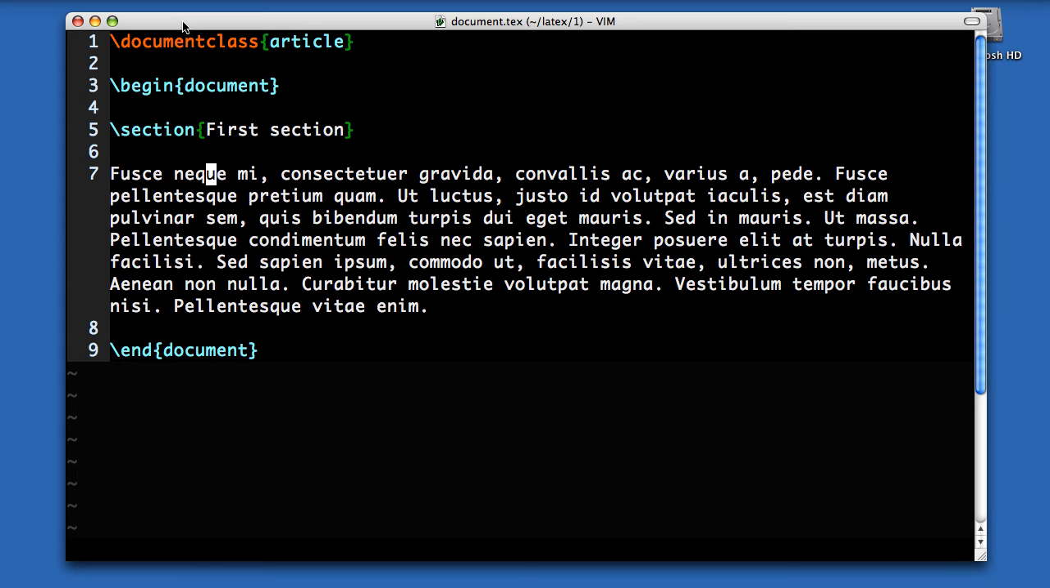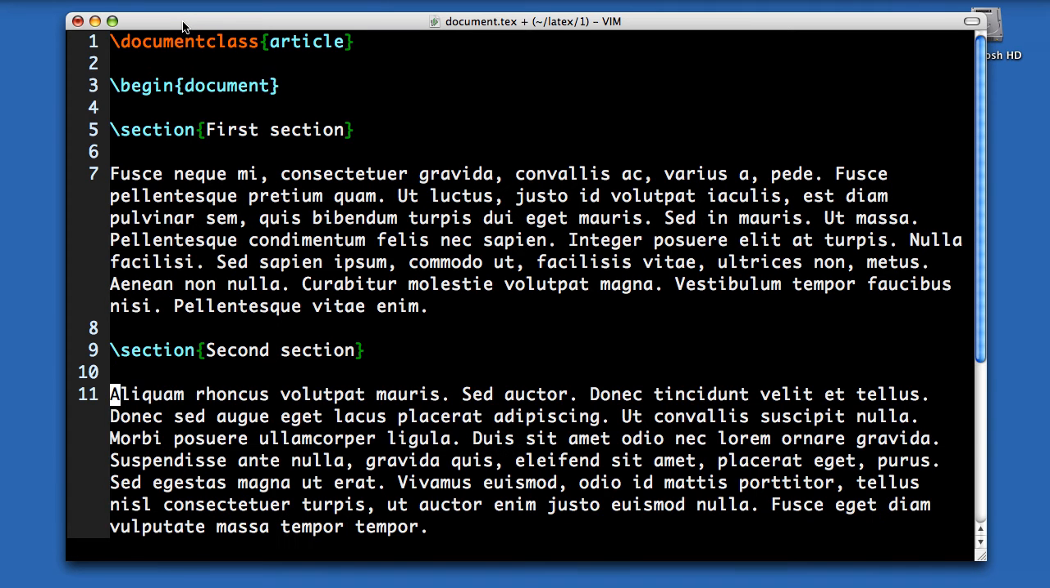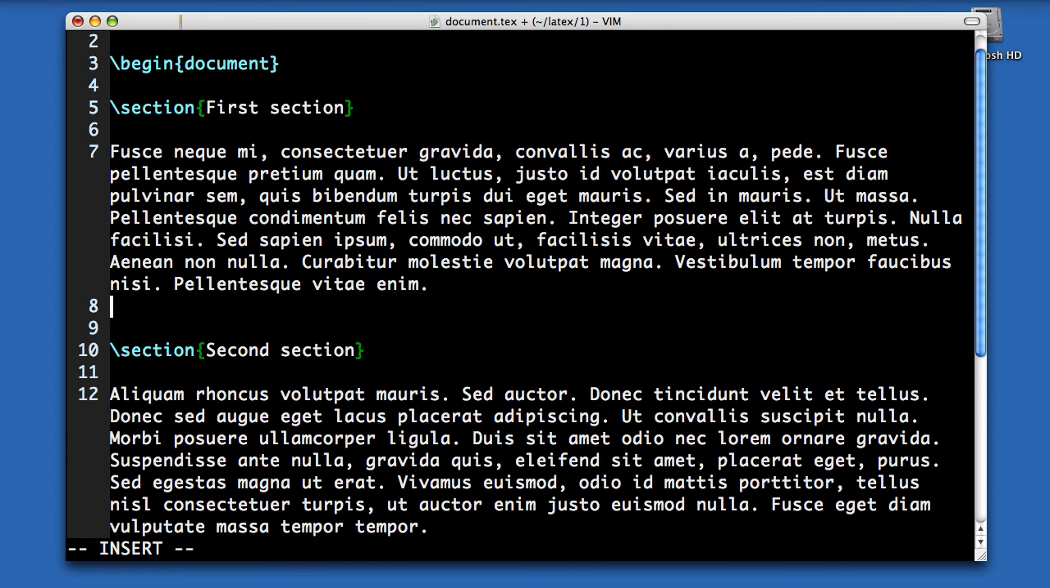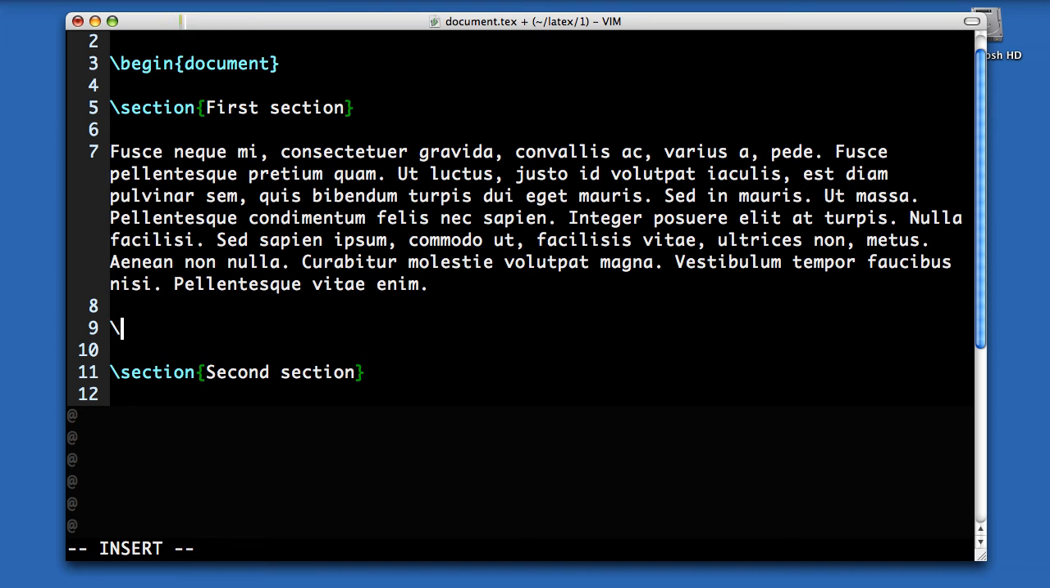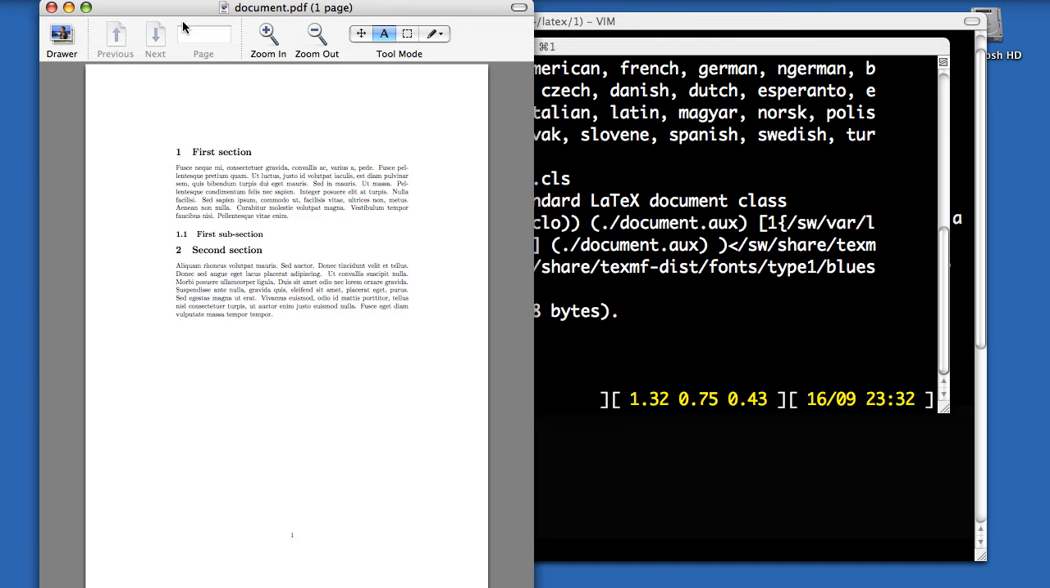So I can add some more headings. So I'll add another section, but I'll call this second section. Add some more text. I might want to add a subsection, which is a slightly smaller heading. Call that first subsection. Again, run that, open that output, and as you can see now,